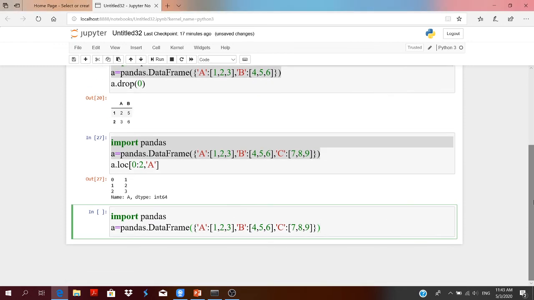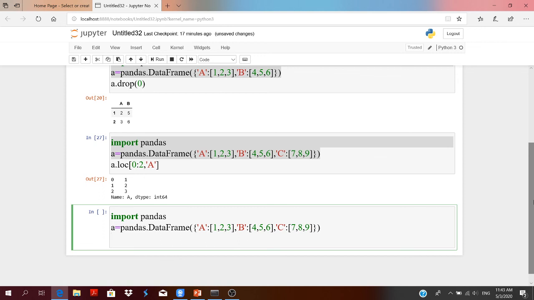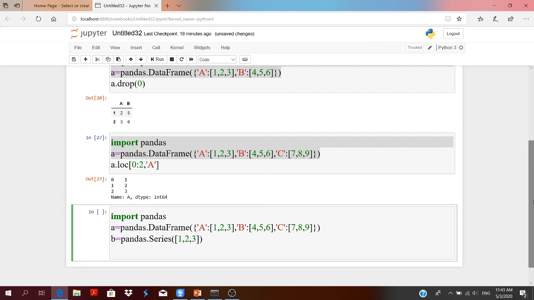Now create another data frame B from series, pandas dot series 1, 2, 3. And now you have to add these two data frames and apply binary operation addition.